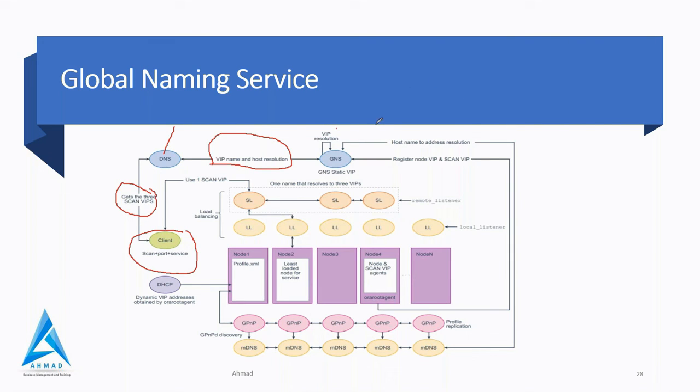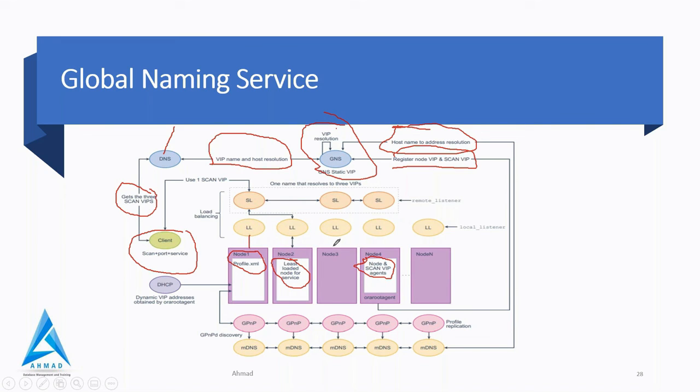So VIP resolution is basically GNS, and GNS has a static VIP. So host name to address resolution, and registered node VIP and SCAN VIP. So that is the node and SCAN VIP agent. And if you see the profile.xml file, and then another one is least loaded node for services.